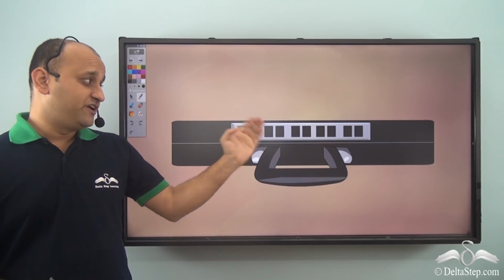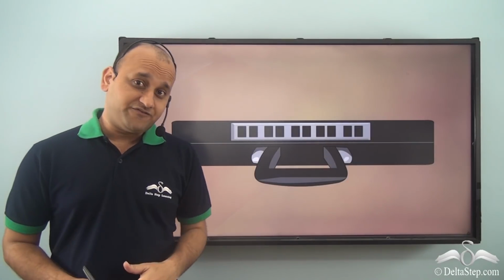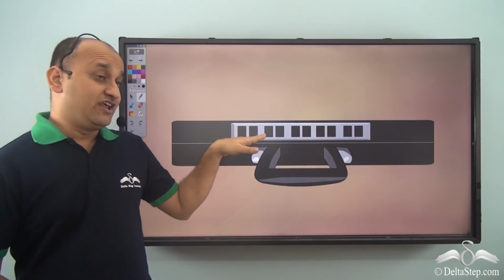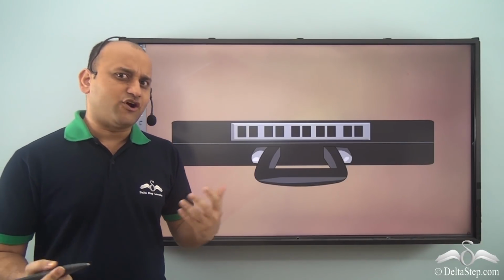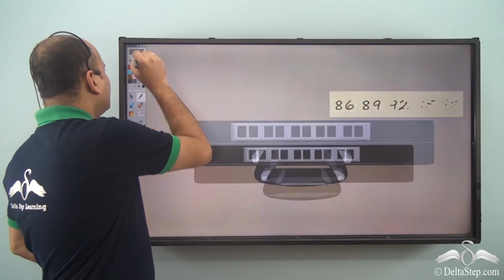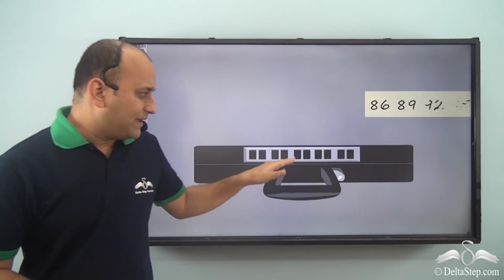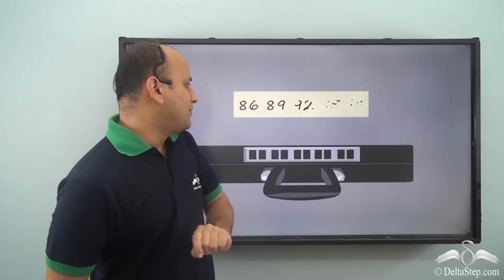Today we have this briefcase in front of us, and if we want to open this briefcase, well, we need a passcode, and the passcode is a set of numbers. Now, what are these numbers? Well, to open this briefcase, this is the passcode. Now there is a small problem.